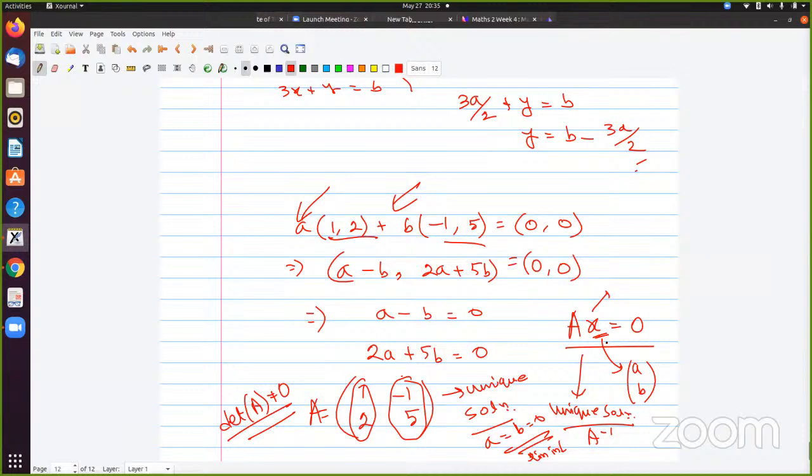ओके, ठीक है, मैं उसके साथ रिलेट कर रही हूँ। होमोजीनियस में जीरो ऑलरेडी सॉल्यूशन है, कुछ भी हो जाए। होमोजीनियस में दो ही पॉसिबिलिटी हैं, आइदर यूनिक सॉल्यूशन मतलब सिर्फ जीरो, और इनफाइनाइटली मेनी सॉल्यूशन। अगर इनफाइनाइट मेनी सॉल्यूशन मिल जाए तो कोई नॉन जीरो सॉल्यूशन तो मिल ही जाएगा उसमें, है ना? हाँ जी। तो वो लीनियरली डिपेंडेंट हो गया।